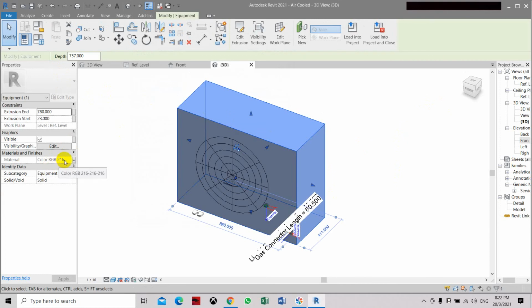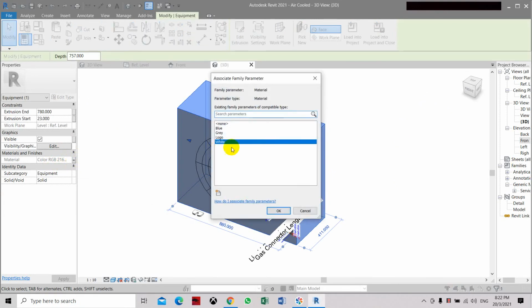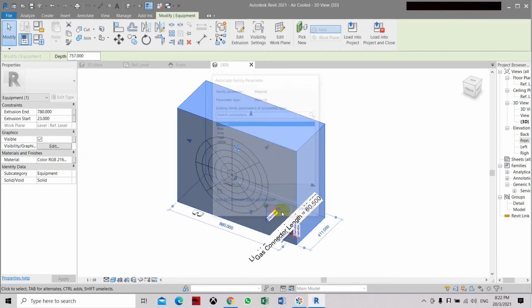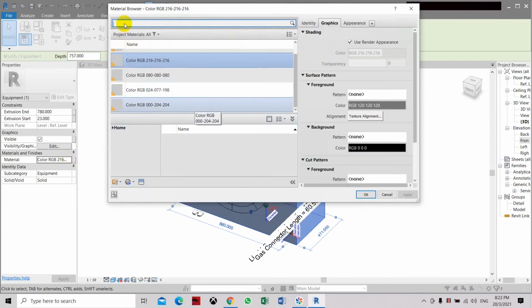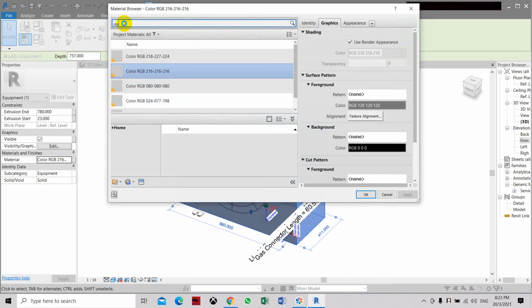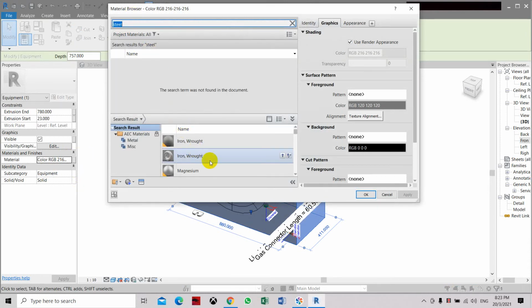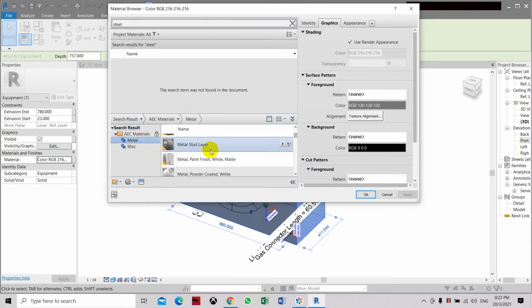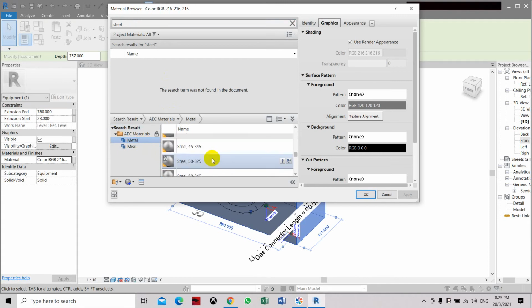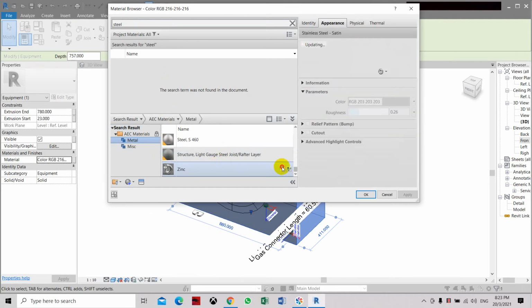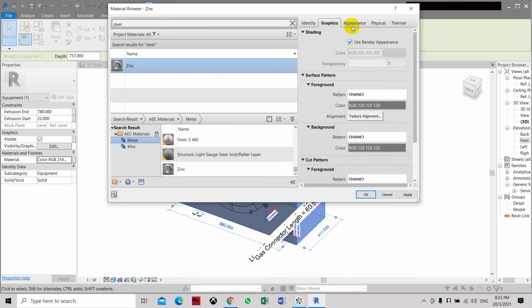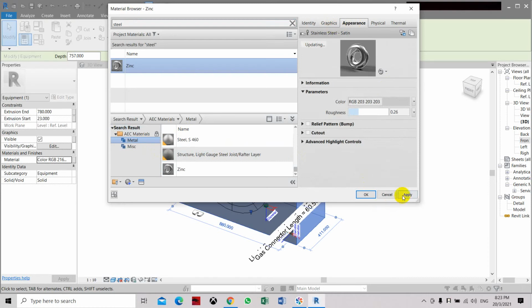Maybe let's apply some different color, not the one we have. Let's take it down and let's apply a different material. Maybe we can still further reduce it. Steel, metal, zinc, and use appearance, hit apply, and then